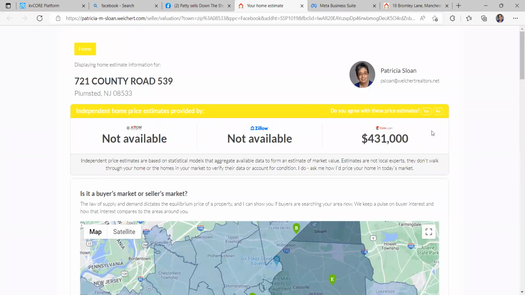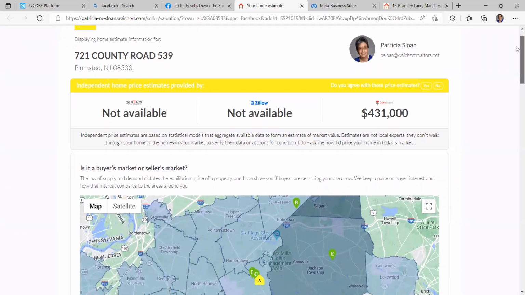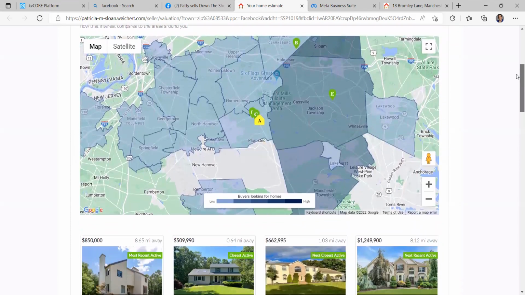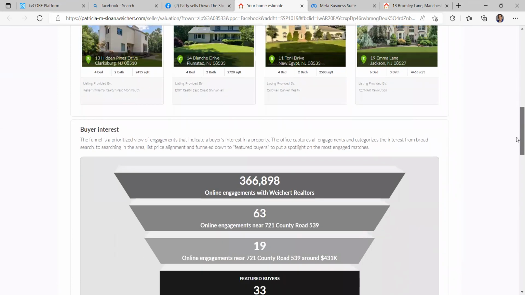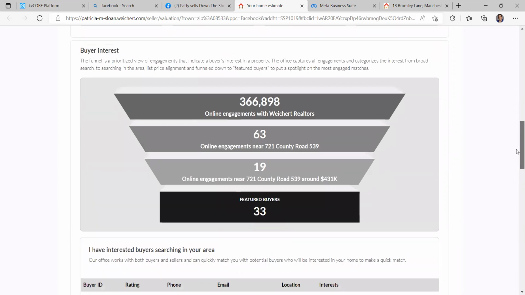Okay, I can't find anything on anybody else, but Core Listing says this is what my house is worth at the moment. Okay, so it gives me a map of the area. It also shows me other homes in my general area. All right, so it's an excellent way. Now this piece down here, I love this piece. It tells them